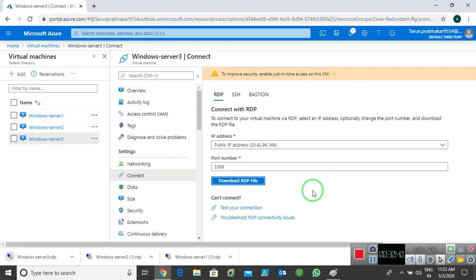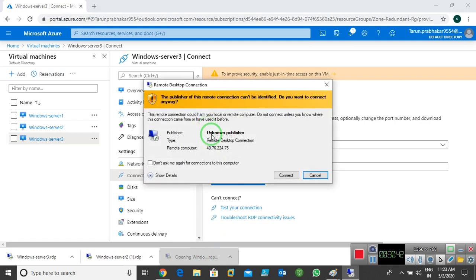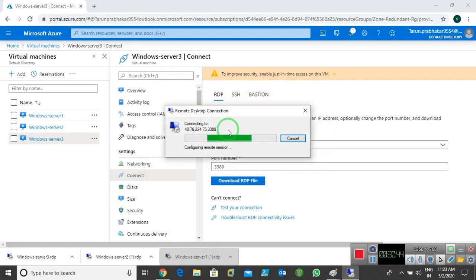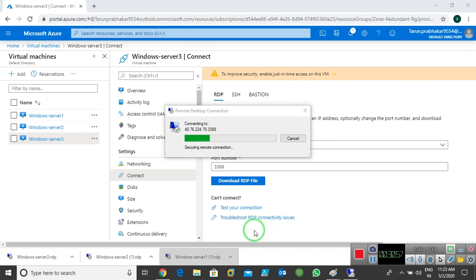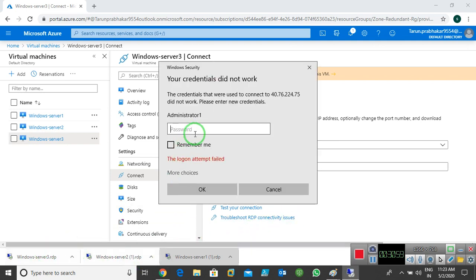Now I'm going to take the remote desktop connection to all my virtual machines. Like this, I access the other virtual machines also.